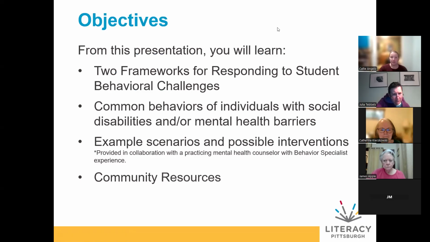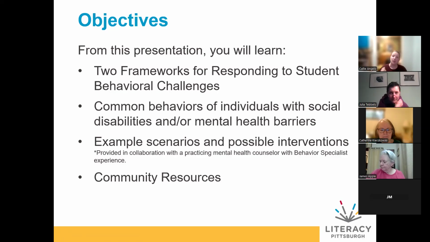So the objectives of this session are you're going to learn 2 frameworks for responding to student behavioral challenges. These are broad frameworks that I could do separate presentations on in full scale, hour plus long stuff. So we're going to go briefly into those. I do have the general websites where you can learn more at the bottom of the screen. But we will just touch on those and then we'll focus on how we're going to apply them for our